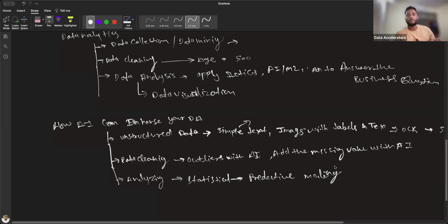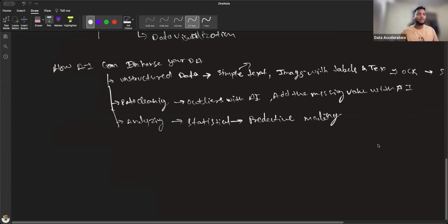You can use predictive modeling in the data analysis as well, right? Where you actually want to do the analysis, but with the help of AI, with the help of predictive. So if I go back to our example where I was actually giving them the score, we have the data, people are leaving. So we have the problem of attrition,